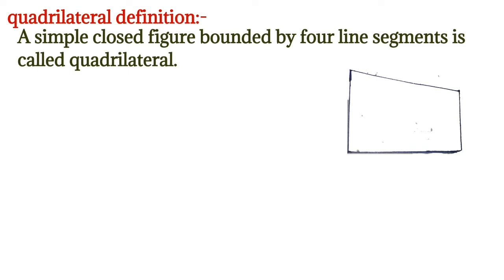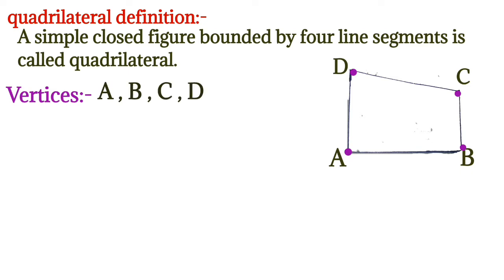How a quadrilateral looks and what is common among them, let's briefly learn about it. See here a simple figure. I give the names A, B, C, D. It means we can say quadrilateral ABCD. The vertices of the quadrilateral ABCD are A, B, C, D. These are the points we have to take, and I have given names to those points.